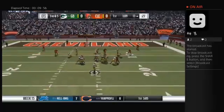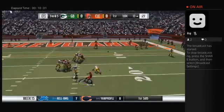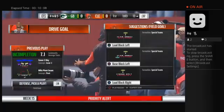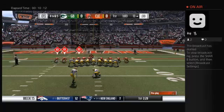Rodgers now to throw. Can't find anyone open. All kinds of time. And that is incomplete. Jared Cook, the tight end, was the target. And it's 4th down. So now on 4th down, Rodgers will give way to Mason Crosby for the field goal